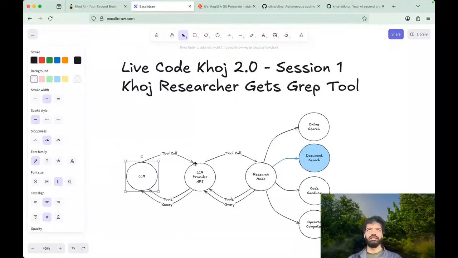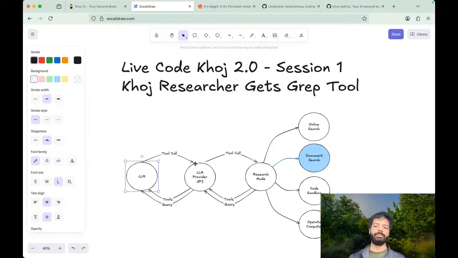That is again in the LLM specific form when it's returned from the LLM via the API, and the LLM API interface layer in Khoj transforms that from the LLM API specific form into the standardized form that Khoj uses. That standardized form is passed to research mode. Research mode gets the tool call request from the LLM, and then it executes it using the tools it has.